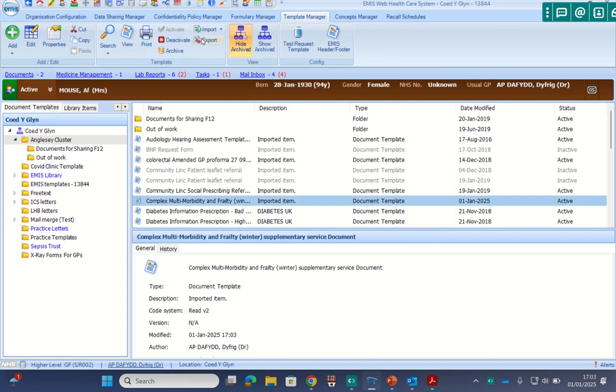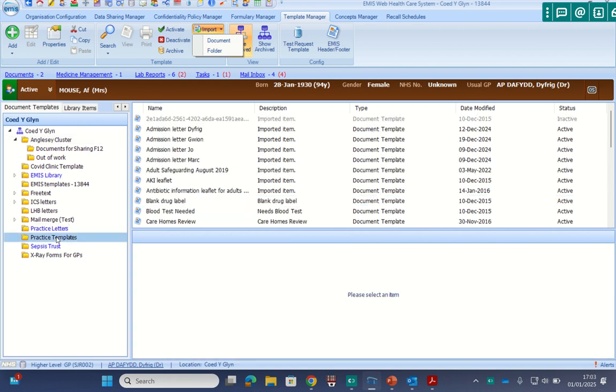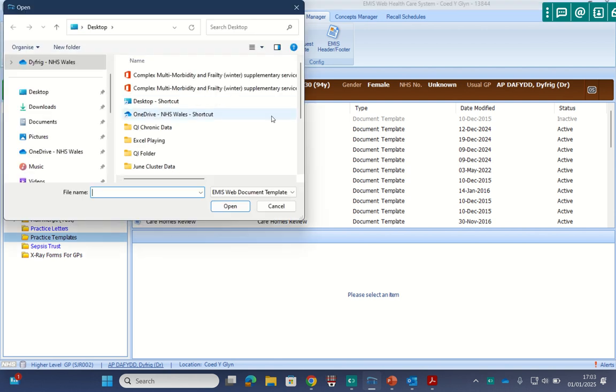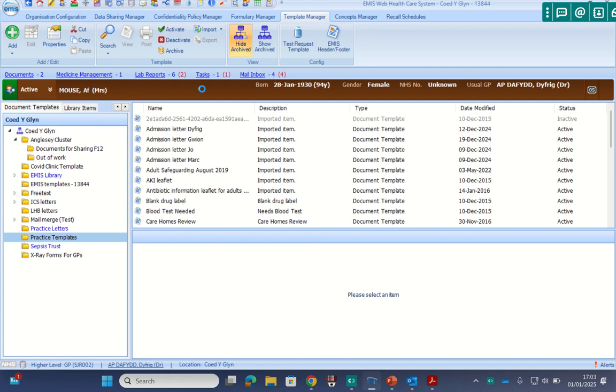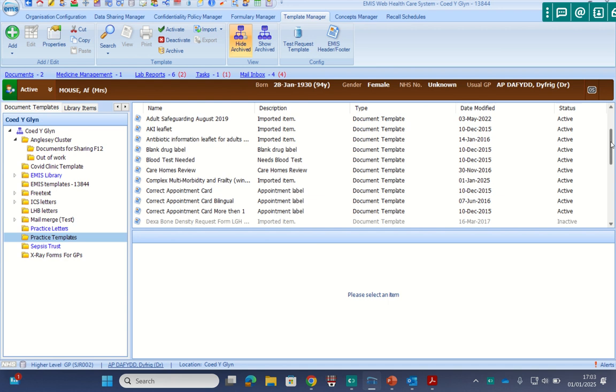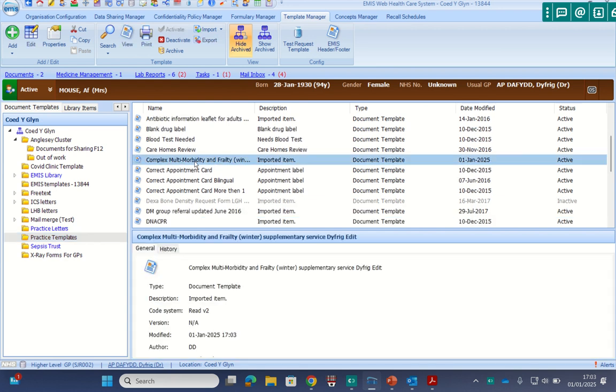If you're wanting to then import that, you just click on a folder, like say, for example, practice templates, and I would import the document there. So I'll import the document and I'll say I want the complex service document. I want the one with my edit, and then that'll bring it into a different folder, just showing how you bring those documents in. And it should already then have the merging fields and things already sorted, and the Rockwood